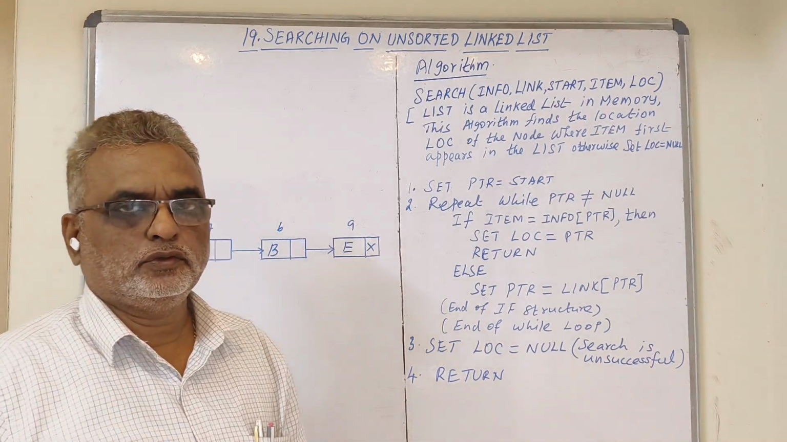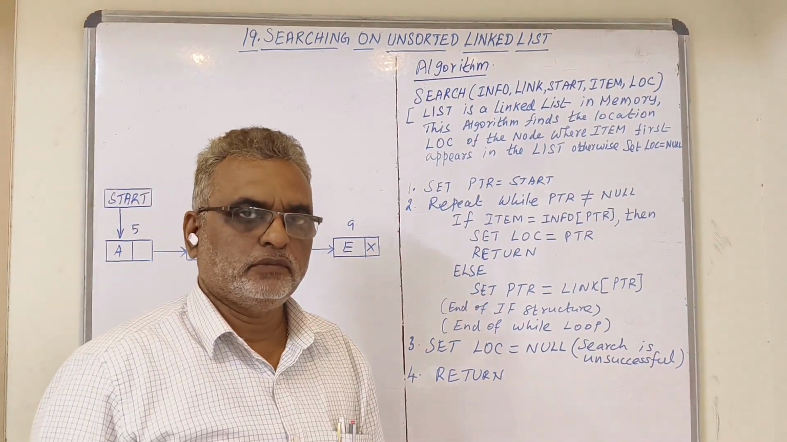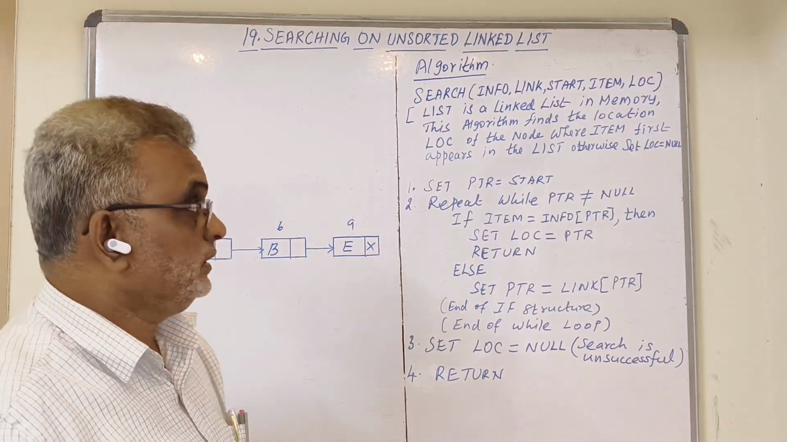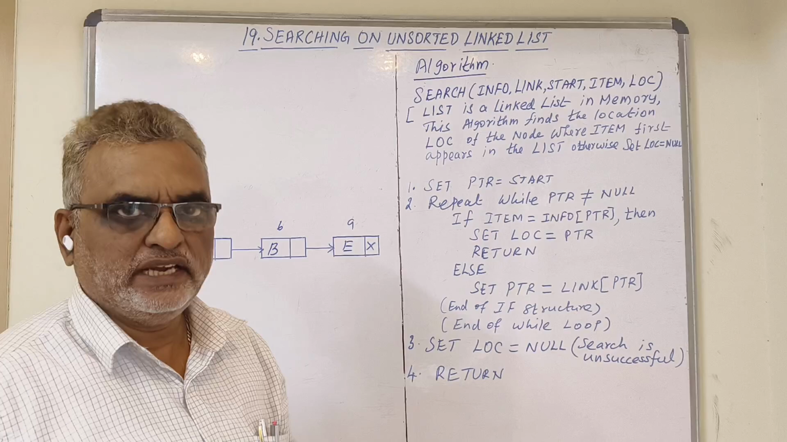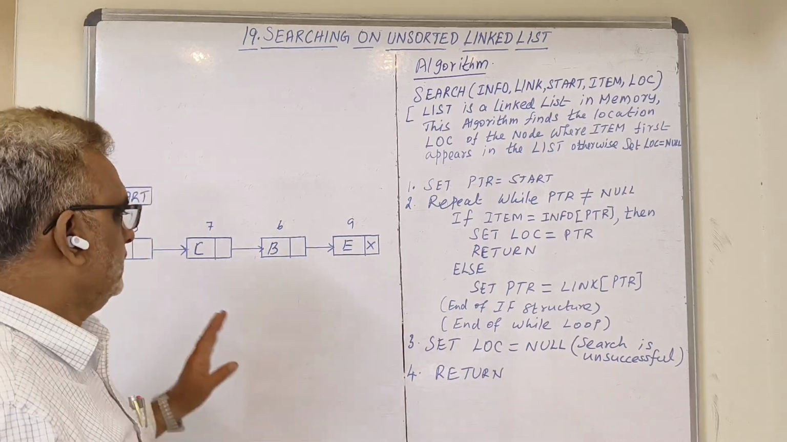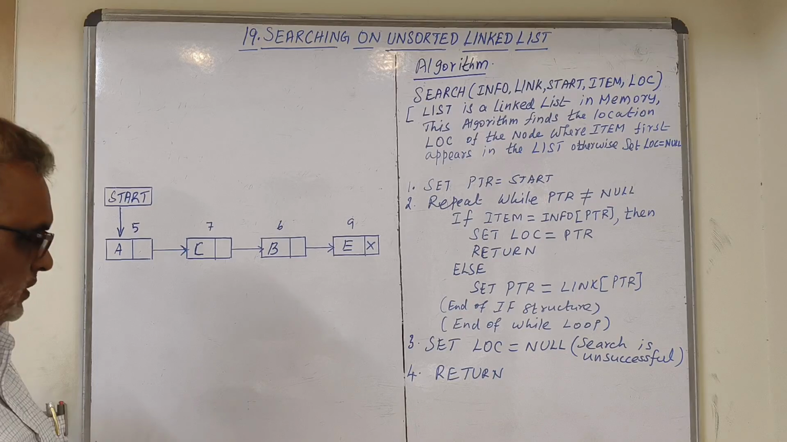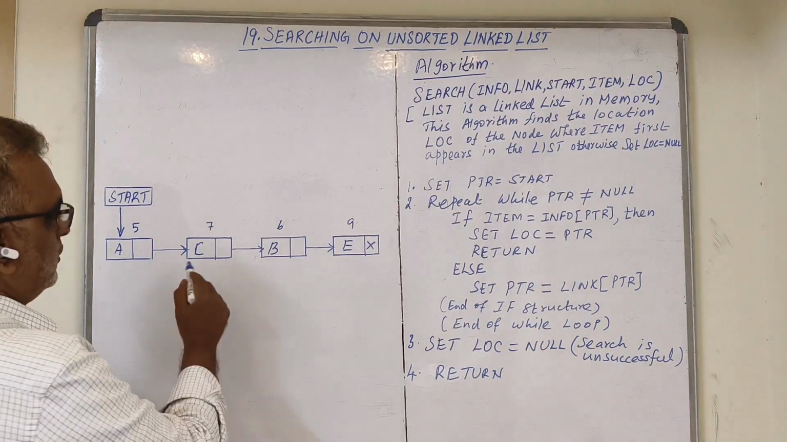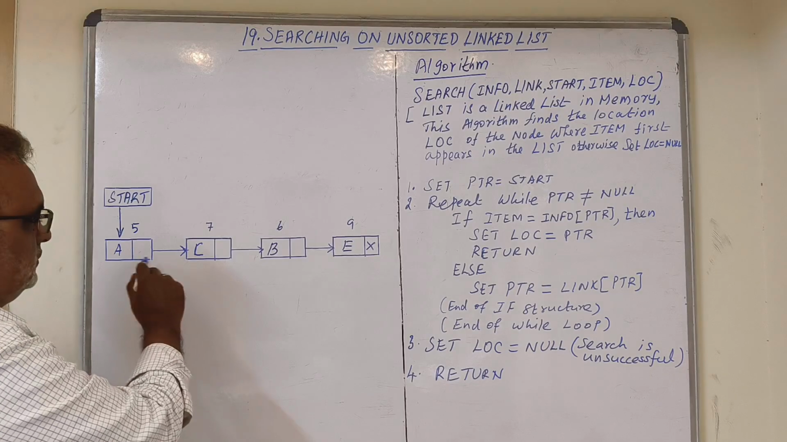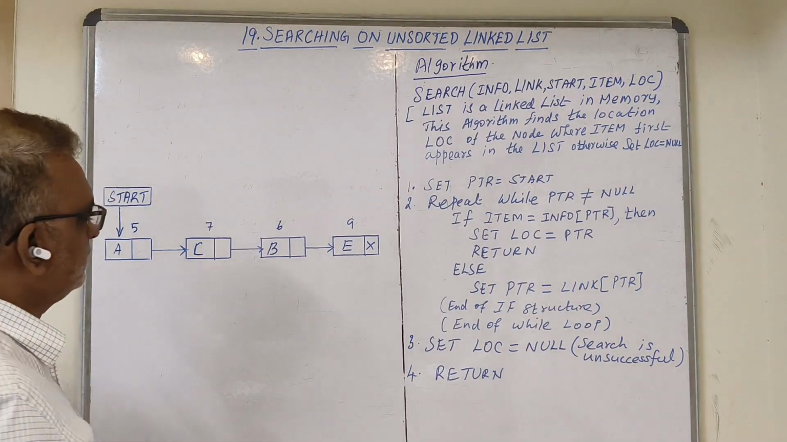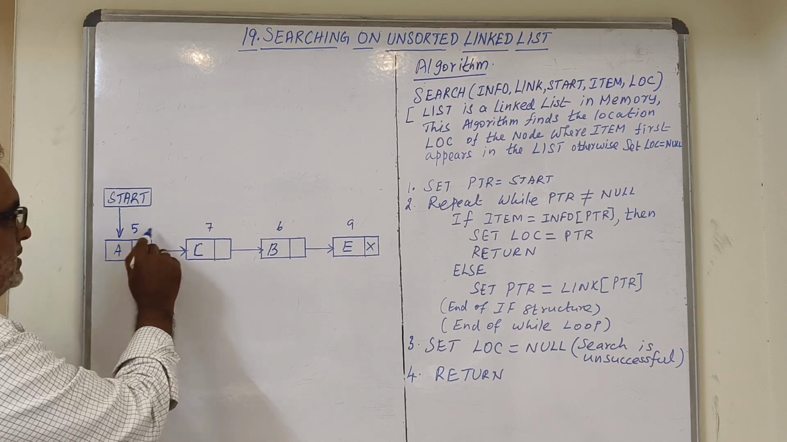So in this video, we are going to discuss another important concept from data structures and algorithms, that is searching on an unsorted linked list. Let us consider this is a linked list containing four nodes, and each node contains different data: A, C, B, E, and these are the addresses